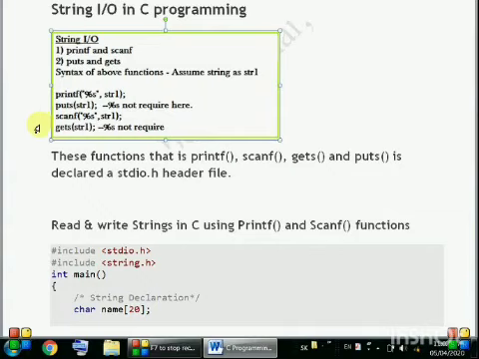But in case of gets, it can read a string which can include white spaces such as space and tabs. So in most cases we use the gets function.